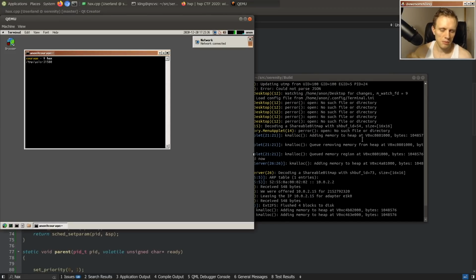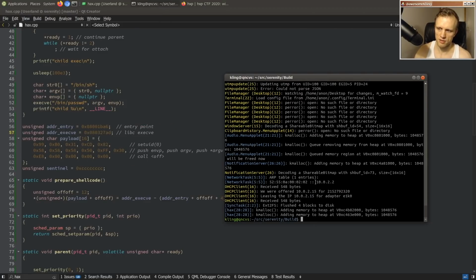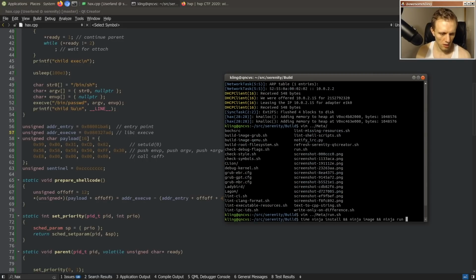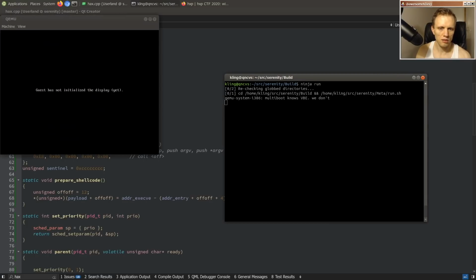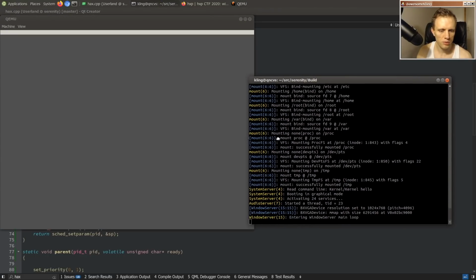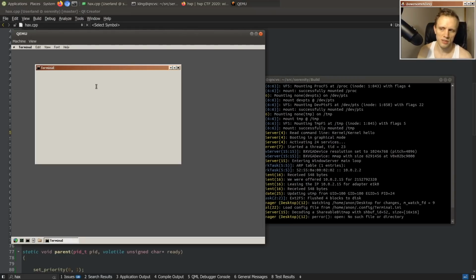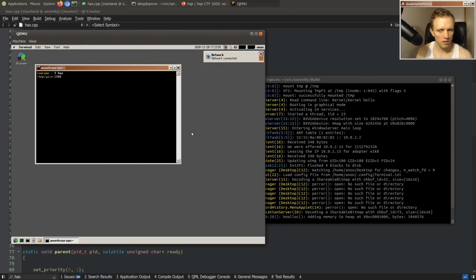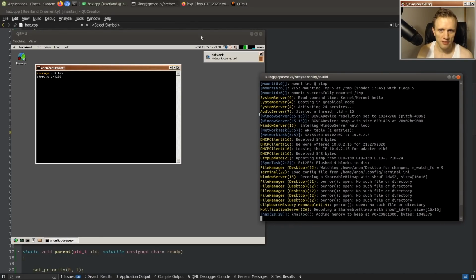It might be that my machine is too fast for this, so let's run without KVM. I'll just turn off KVM support in QEMU, and that will make the whole machine run significantly slower, which will widen that race window even more. It'll take quite a few moments, but